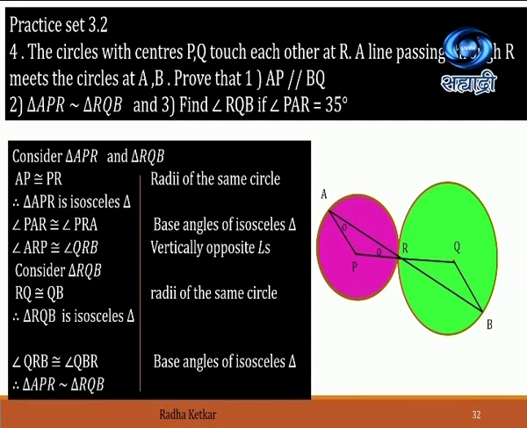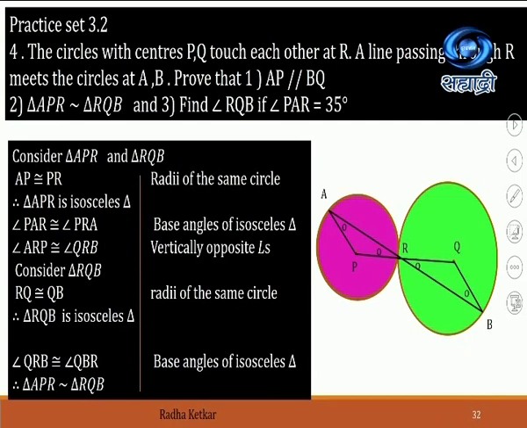So using this, we can say that triangle APR is an isosceles triangle. Once we decide that this is an isosceles triangle, obviously the base angles are going to be congruent. So we can see the angle formed at A and the angle formed at R are congruent to one another. Okay, so then let's move on to the next circle. Here also we can say that the base angles are going to be congruent.